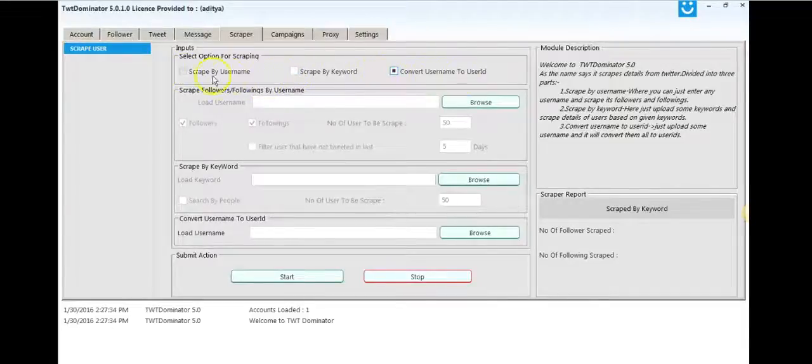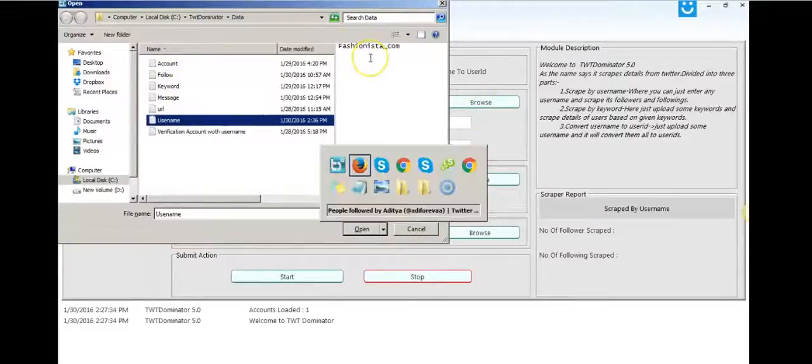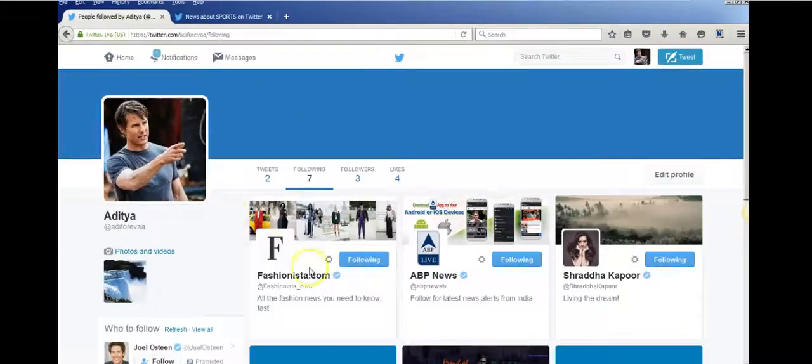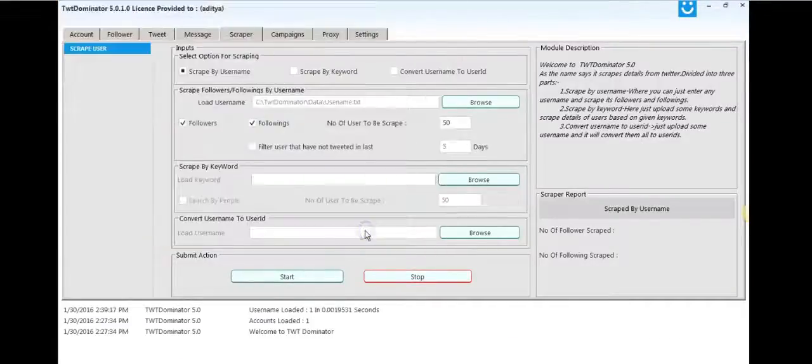Okay, so I'm going to show you how you need to scrape by username, scrape by keyword, and convert username to user ID. First, scrape by username. You need to enter a username. If you have a username, just save it in a notepad file. This is the one I'm following right now. So this is the username, just copy it and paste it here. Once you do that, load that notepad file,